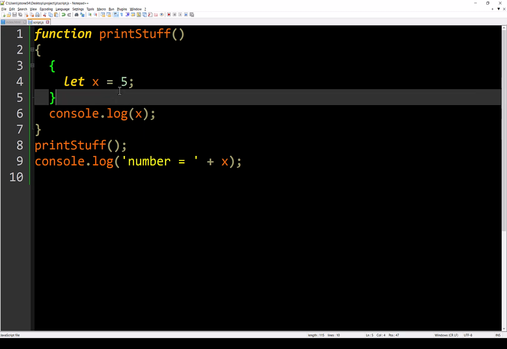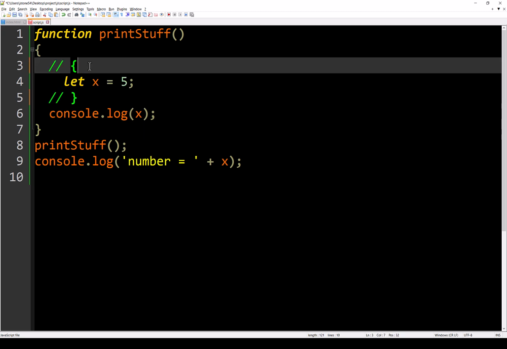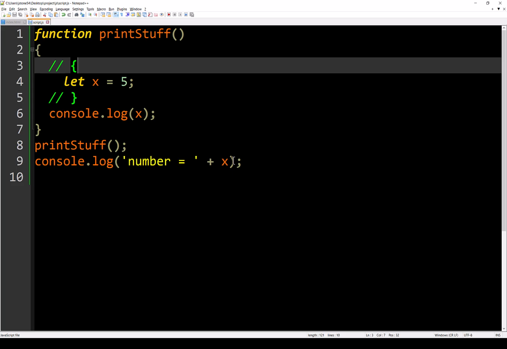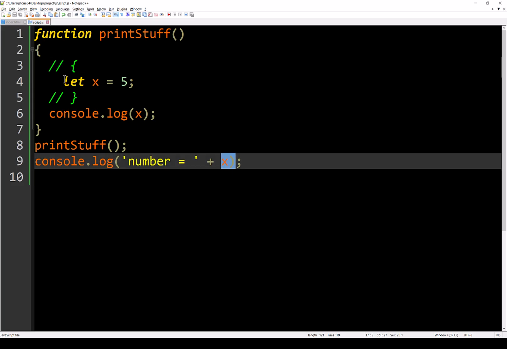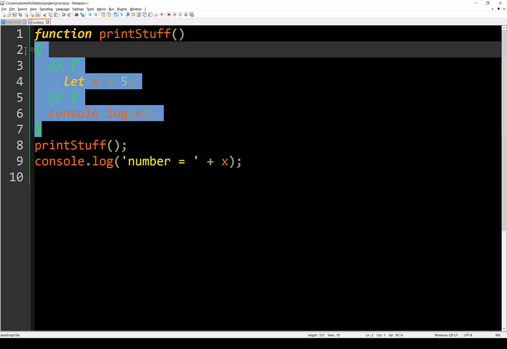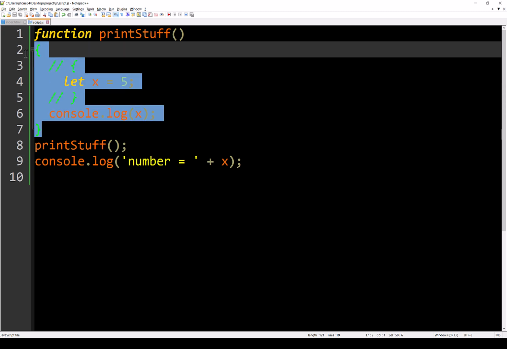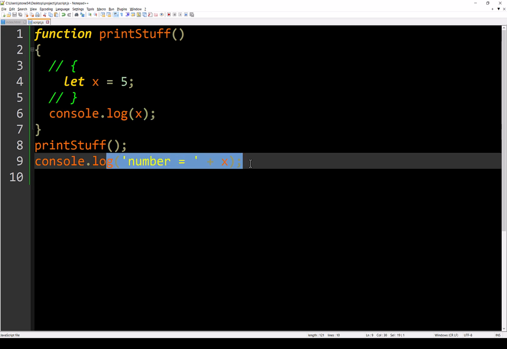It's right there. Okay, now if I get rid of these curly braces here for just a minute, just comment them out, when I refresh, that one works just fine, but we get another uncaught error on line 9 because this one is not defined, because this let is inside of these curly braces. That's the block that let was defined in, right inside of there. So this cannot access it.